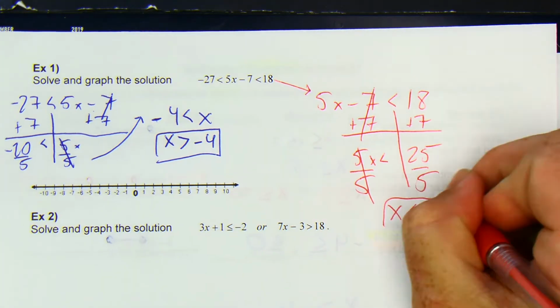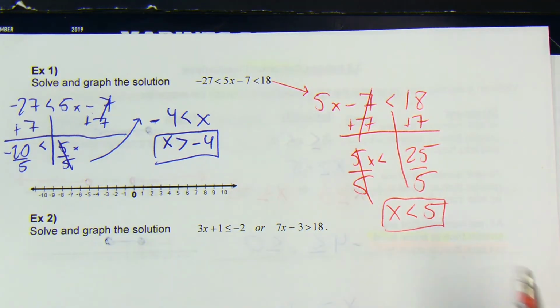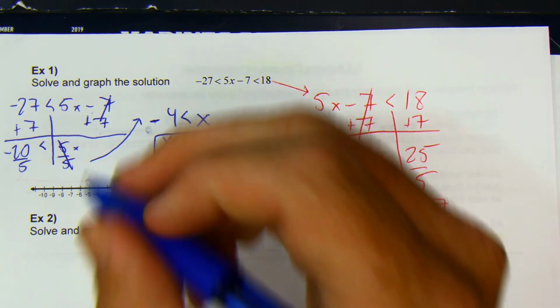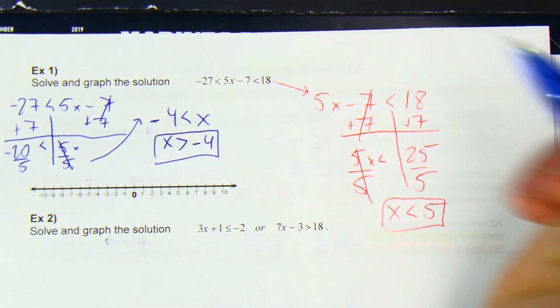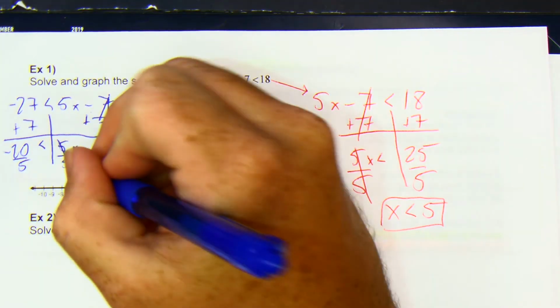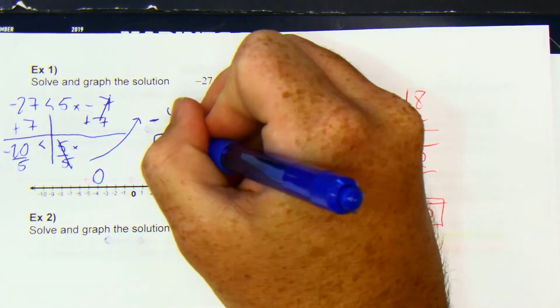So I have x is greater than negative 4 and x is less than 5. So I'm going to graph both of those. With my blue pen, I'm going to go above negative 4. And I know it's going to be an open dot because it doesn't have the equal sign underneath it. So I'm going to go to negative 4, an open dot, and I know that my arrow is going to